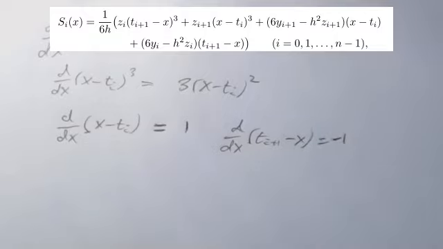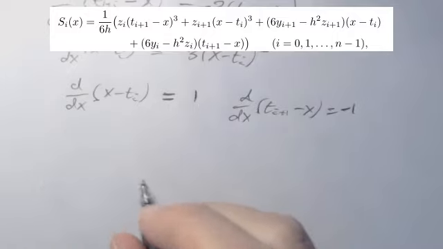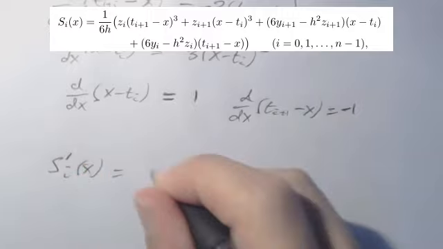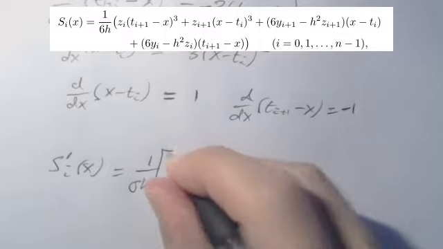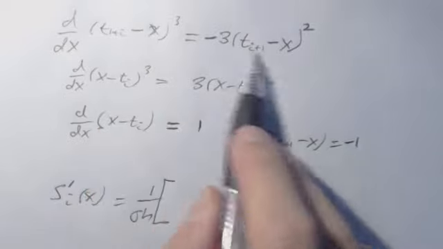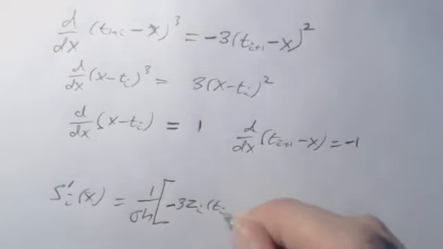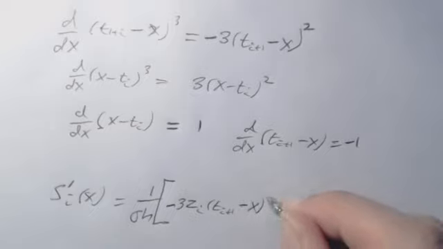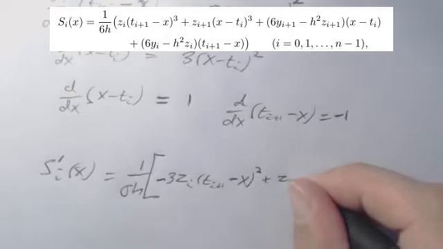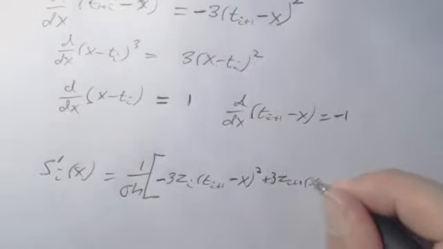So plugging this back into what we have, if we differentiate, si prime x is going to be 1 over 6h times zi times this derivative here, so minus 3zi (ti plus 1 minus x) squared, plus zi plus 1 times this derivative here, so 3zi plus 1 (x minus ti)